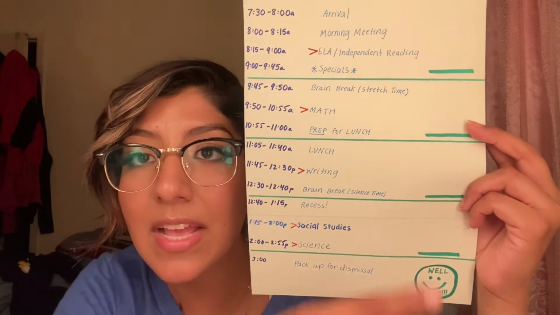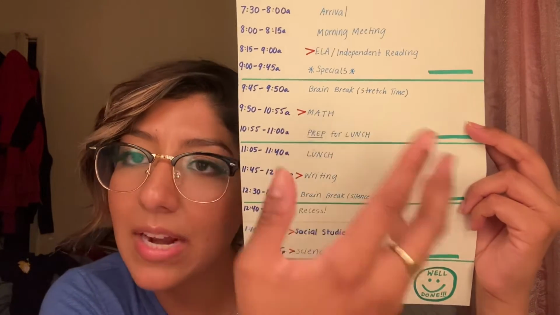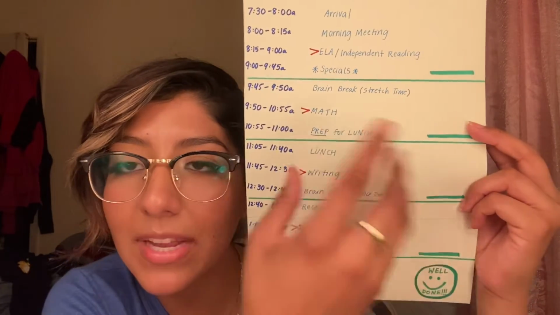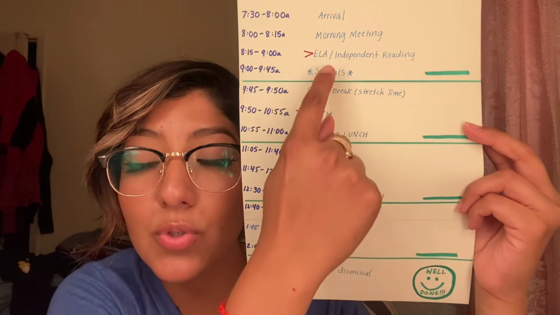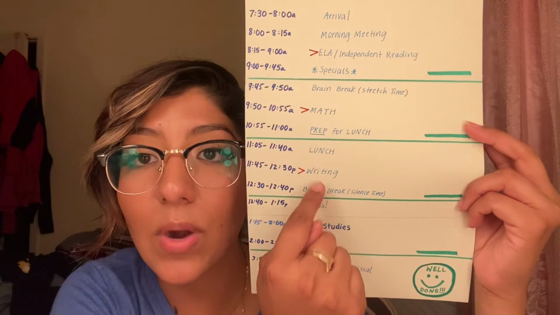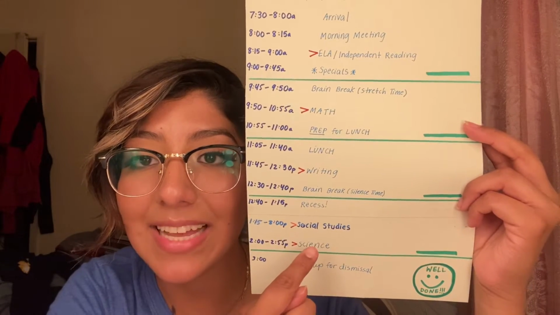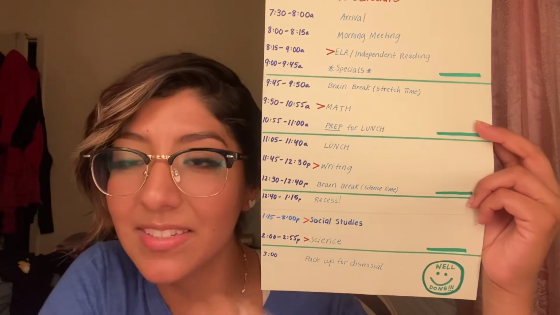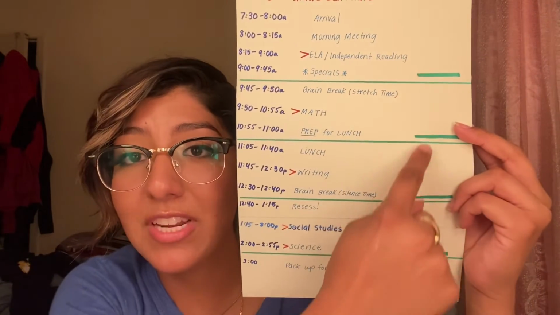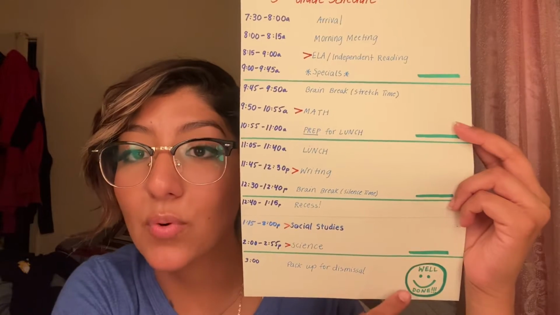Everything's put away. So they have an opportunity to say, hey, yeah, I'm going to put it away and pay attention. And I would also do that before math, writing, social studies, and science, just to give them a little grace. And they have an opportunity to earn all 4 check marks for a token.